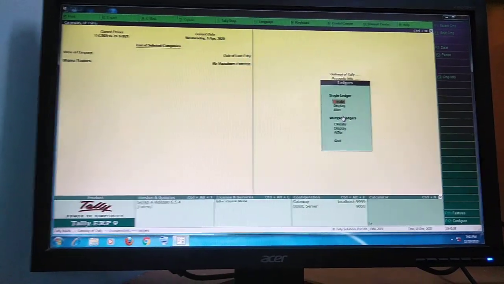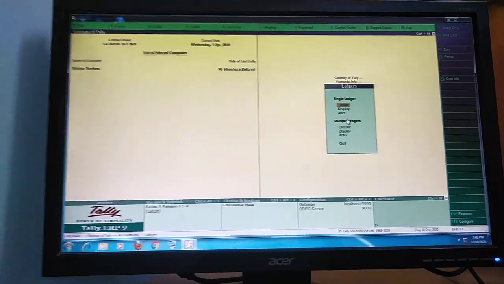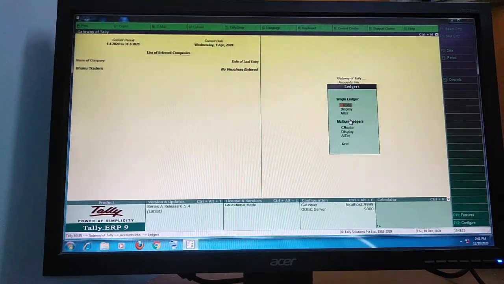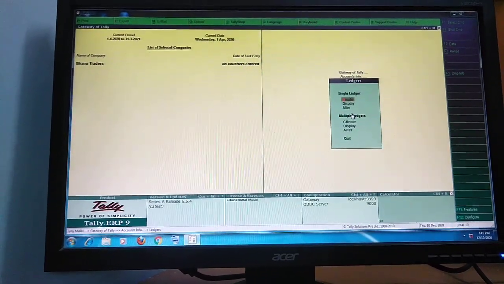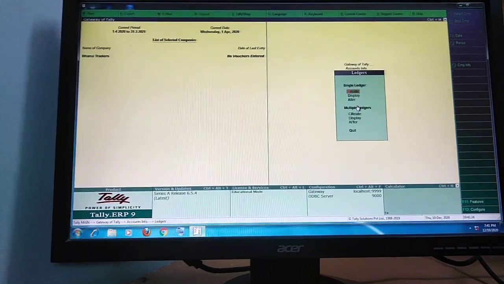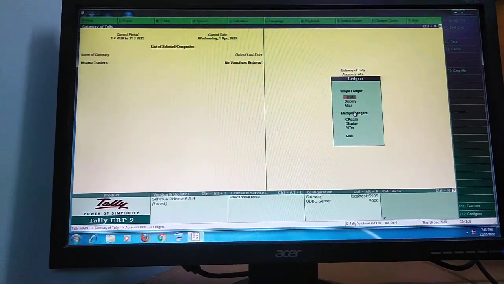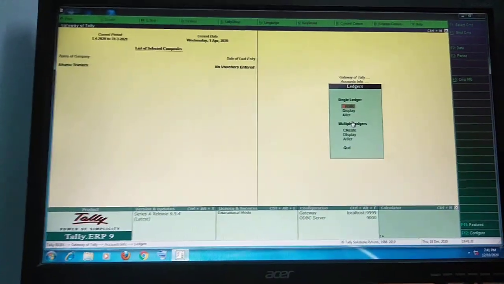Single ledger means every ledger we have to save separately, one by one. For example, salary: first create the salary ledger and save. Then go to the second ledger, create the rent and save. And after that go to the insurance. One by one the ledger should be saved, that is a single ledger.